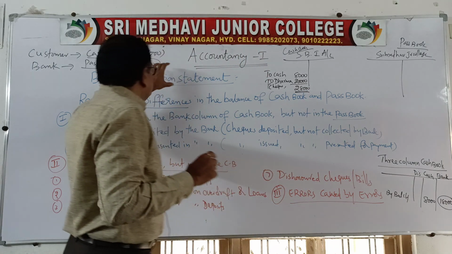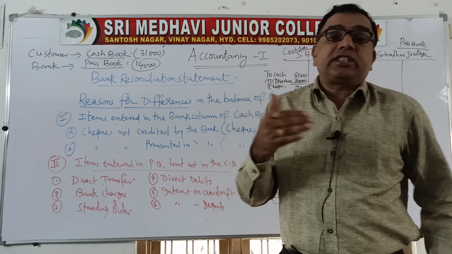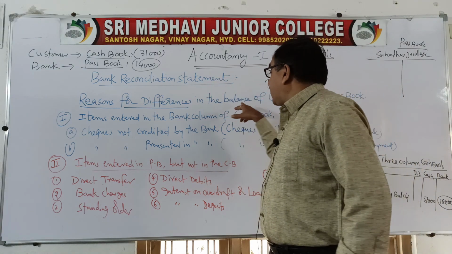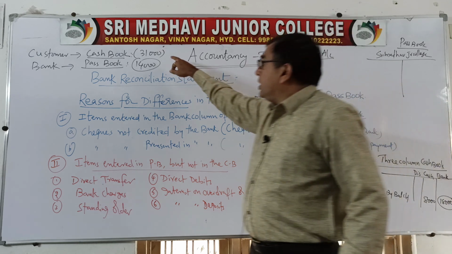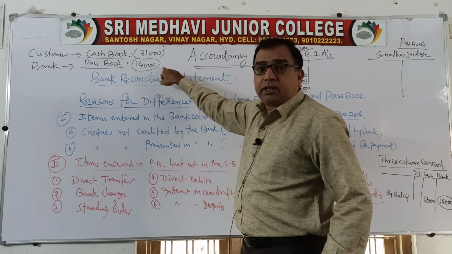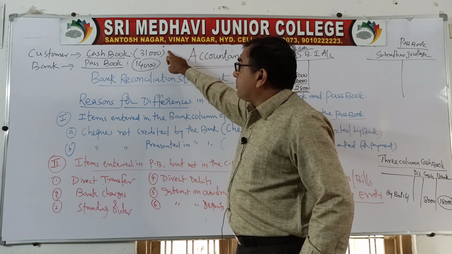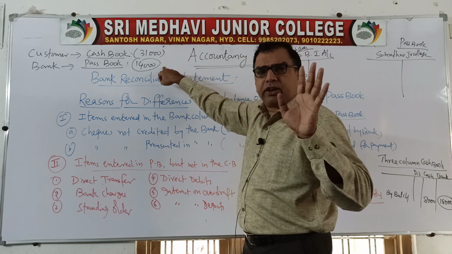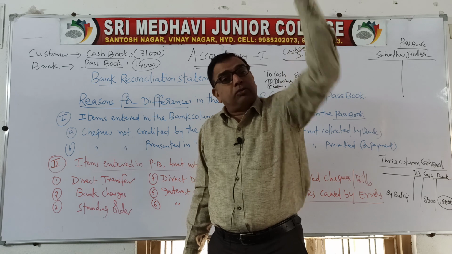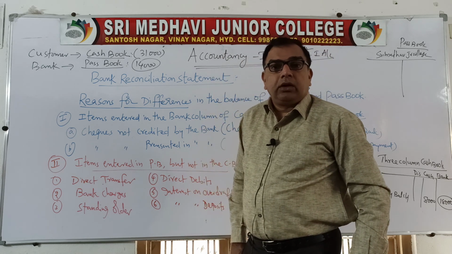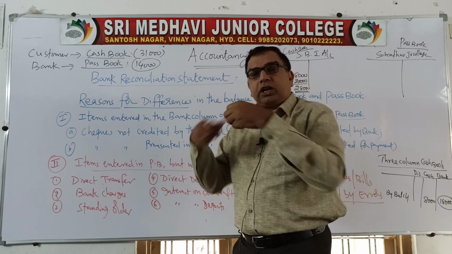So, a bank reconciliation statement is a statement prepared to know the reasons for disagreement of the balance of the cash book and passbook. Just now, with all these examples, I told you that the cash book balance is something and the passbook balance is something else. These both are not the same. It may be in the reverse order also. This may be 14,000, this may be 31,000, more or less, whatever it may be. Sometimes your cash book shows more balance than the passbook, or your passbook may be showing more balance than the cash book. So there is a requirement of reconciliation. You cannot leave it like that.